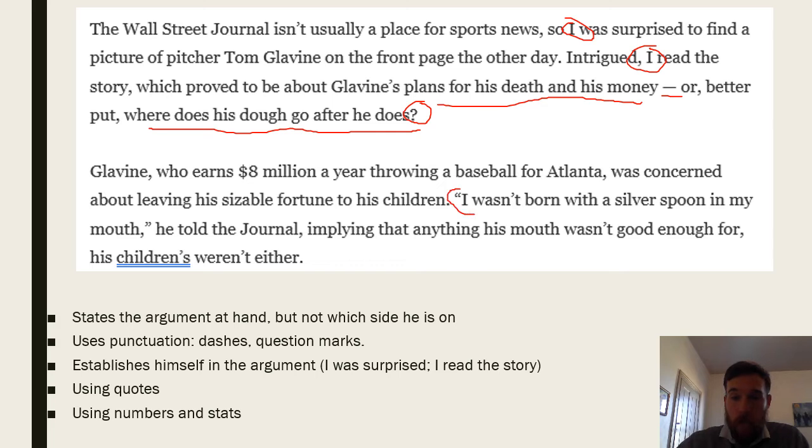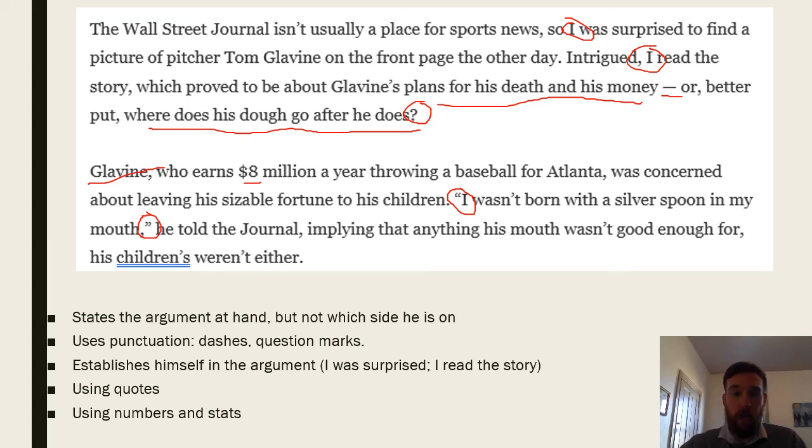He uses quotes, and his quotes are kind of similar to how we were using quotes, something to support what he's saying. He wants to use actual words from Tom Glavine, who is the person that he's talking about, so he takes a quote directly from Tom Glavine. And then also uses some numbers and stats, $8 million a year throwing a baseball, so we get a little